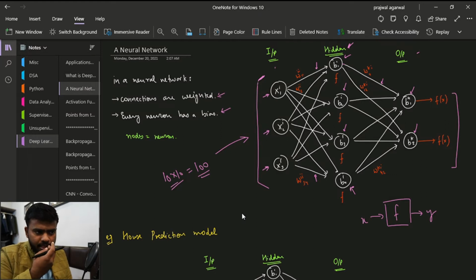So this was the structure. Some data is passed through the input layer, the number of features, and then each neuron of the input layer is connected with every neuron of the hidden layer. It is a completely connected structure. So this node will be connected to each neuron of the hidden layer. Similarly, this will also be connected to each neuron of the hidden layer. So this is a completely connected structure.